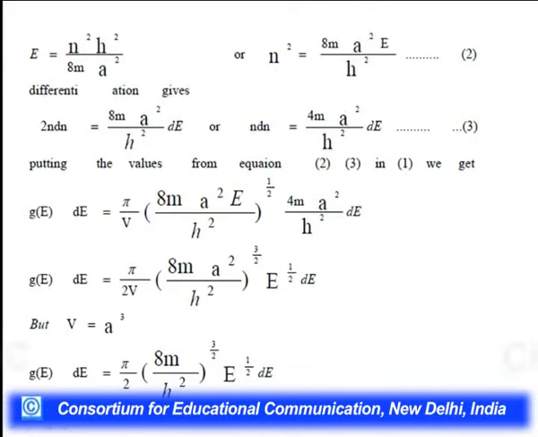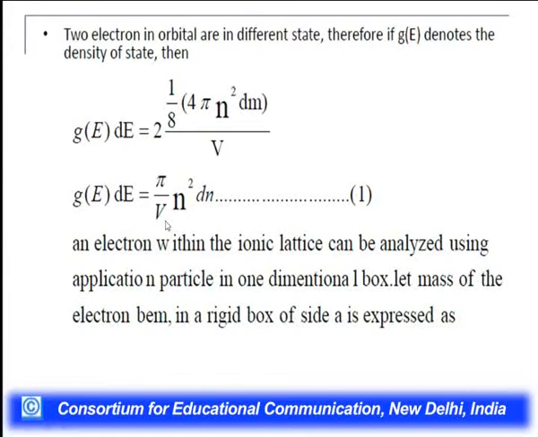By differentiation, we get 2n dn is equal to 8m A square by h square dE, or we can write it as n dn is equal to 4m divided by h square A square dE. By putting the values from equations 2 and 3 into equation number 1, we will get